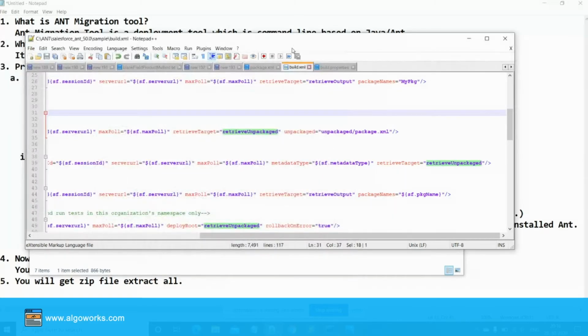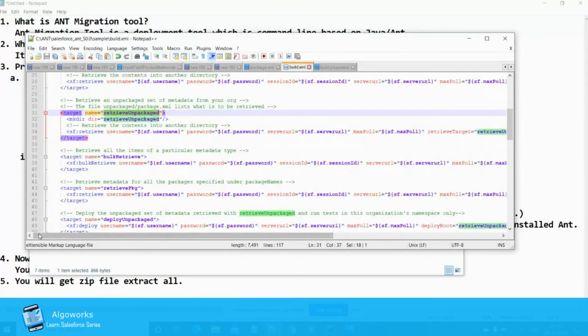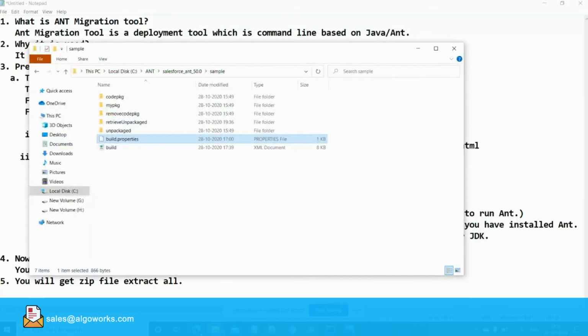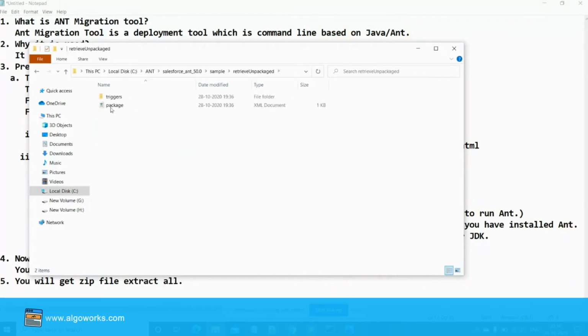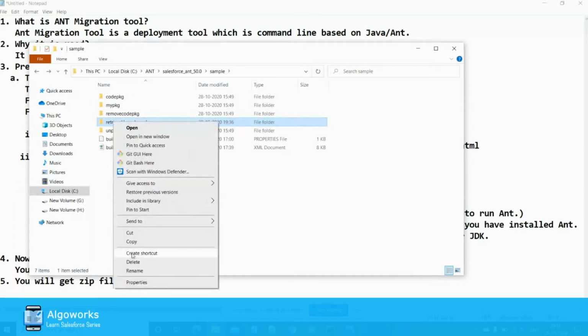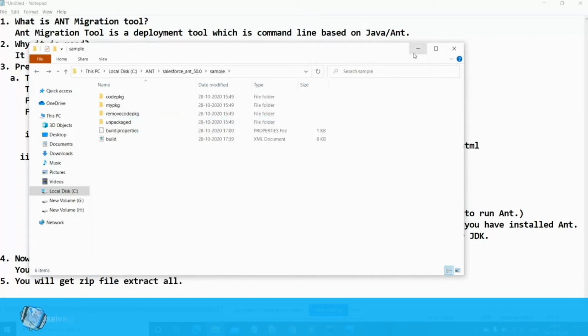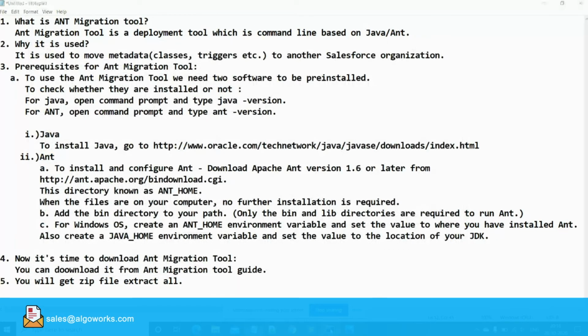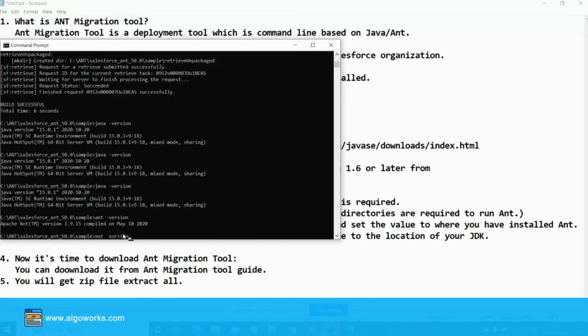And now to check whether we can retrieve the data or not, let me show you. To check how to retrieve the data, simply run the command ant space retrieveUnpackaged and then enter.